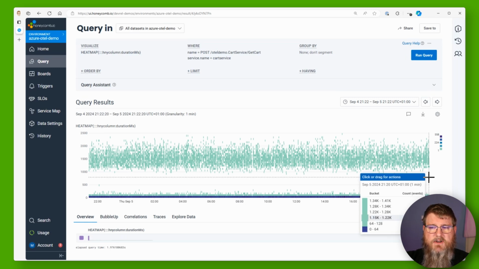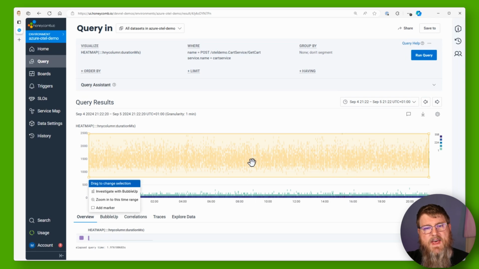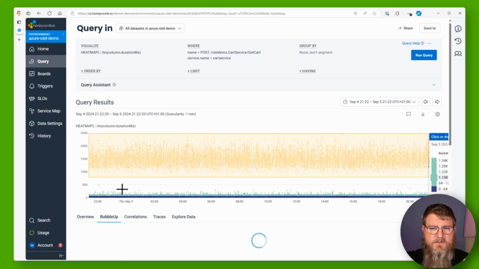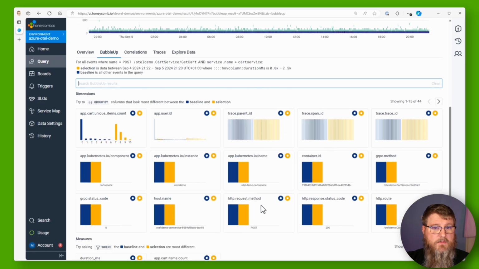What that allows me to do is draw a box and say these particular events, or spans in this case, are interesting. Tell me about them. Now what that's going to do is it's going to do the same as it did on our SLO board. It's going to take each of those individual spans and all of their attributes and compare their attributes to the ones that are not interesting, the normal ones.